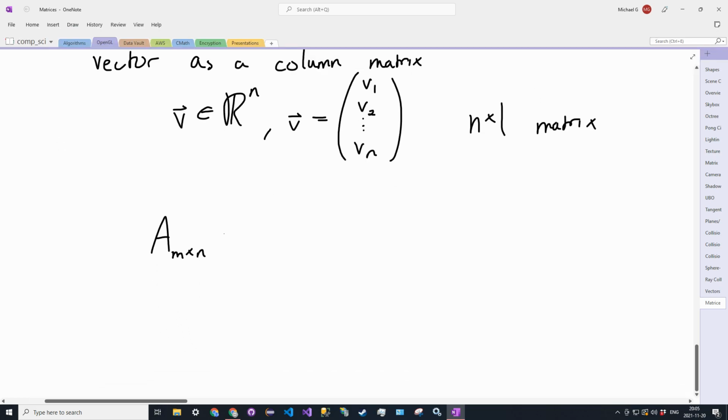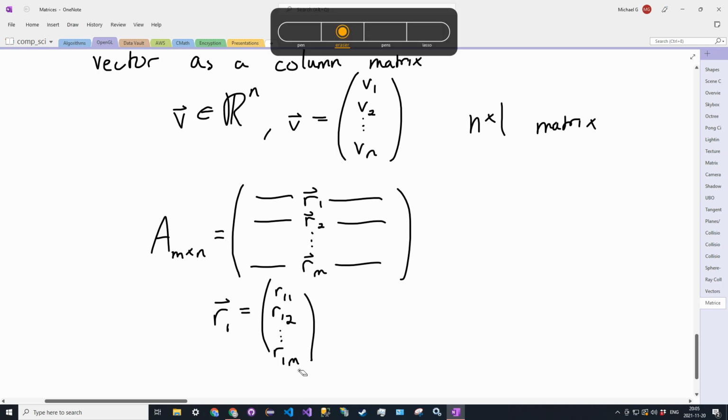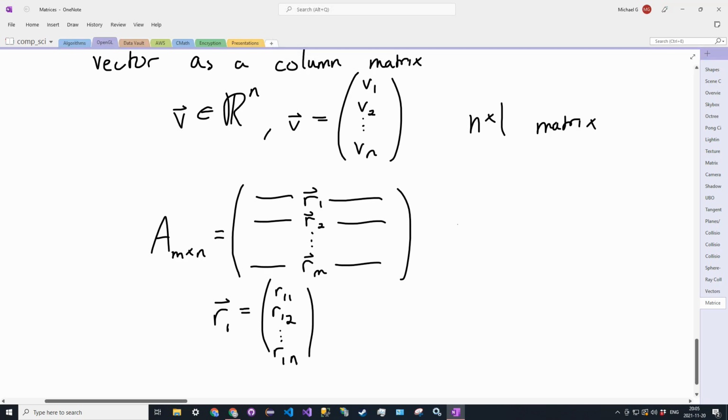So if we consider the matrix A as a collection of row vectors, I'll denote the row vectors using R. So R1 for row 1, R2 to Rm. So we have m rows, and just think of it as a bunch of row vectors stacked on top of each other, just like that. So if we had R1 equal to R11, R12, all the way to R1n, because we have n columns,